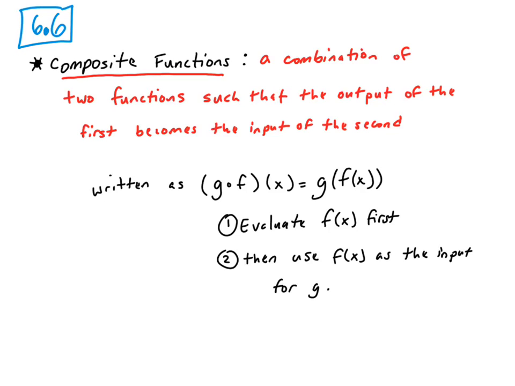So 6.6, composite functions. A composite function is a combination of two functions such that the output of the first becomes the input of the second. In this case, they're written like g of f of x, where essentially we're putting f of x within the g of x function. So you would evaluate f of x first and then use f of x as the input for g. Some of you have already done this, so you're kind of familiar with it. And so now let's take a look at